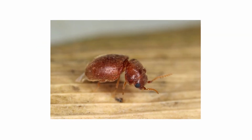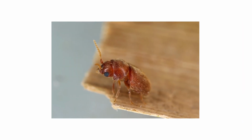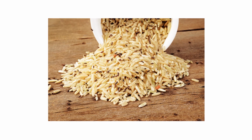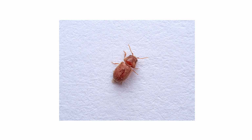Cigarette beetles are one of several common pantry pests that many people will deal with. These beetles get their name because of their tendency to infest tobacco products, but are also known to target food and non-food products as well. Large infestations of cigarette beetles can potentially cause hundreds of dollars in damage. So in this video, we'll show you how to identify and treat cigarette beetles so you can enjoy your food